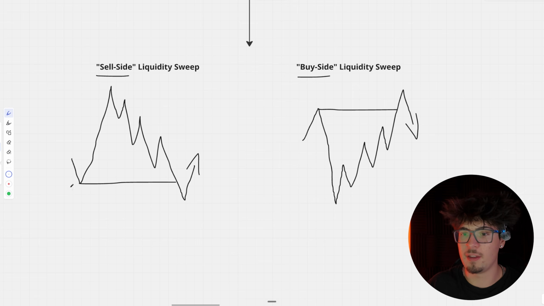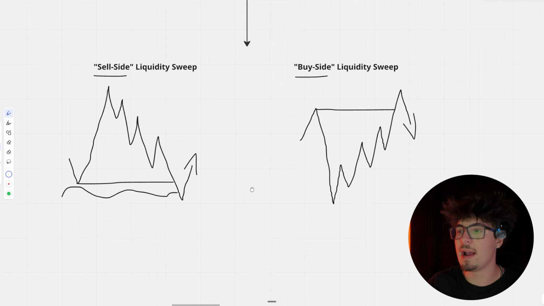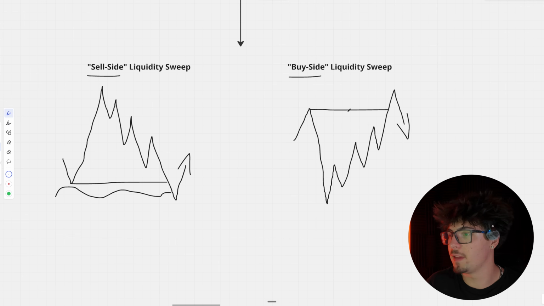A sell side sweep will look like this, right? We have this high resistance. It's just one low all on its own. We come down and we have this liquidity pool. We come down to fill these orders before coming back up. This is a sell side liquidity sweep in the direction of the high resistance liquidity. And a buy side sweep, same thing I just showed you in the other example. You know, we have this one high, we come up and sweep it, and then I'll go over it in